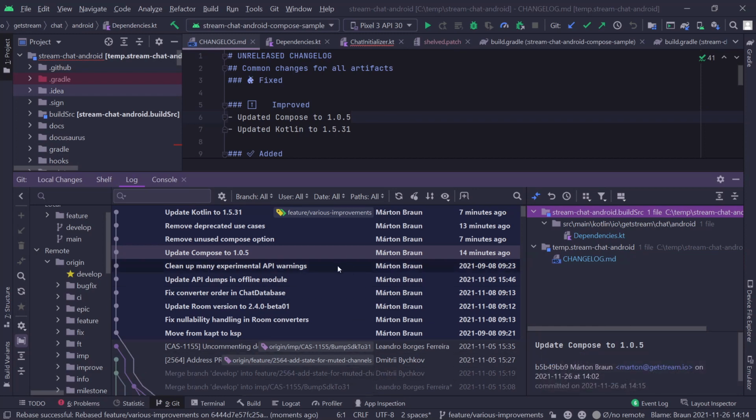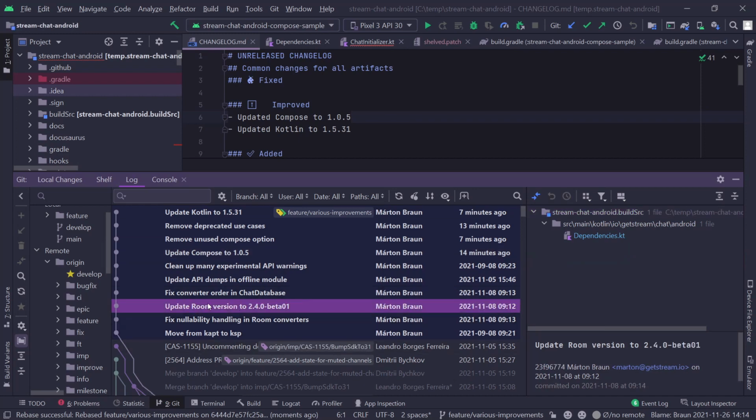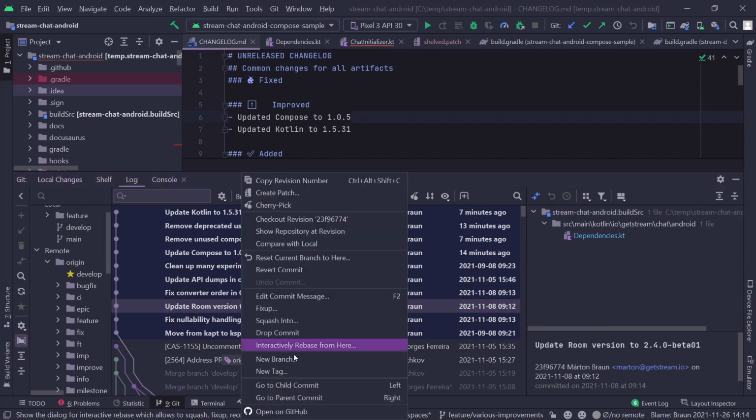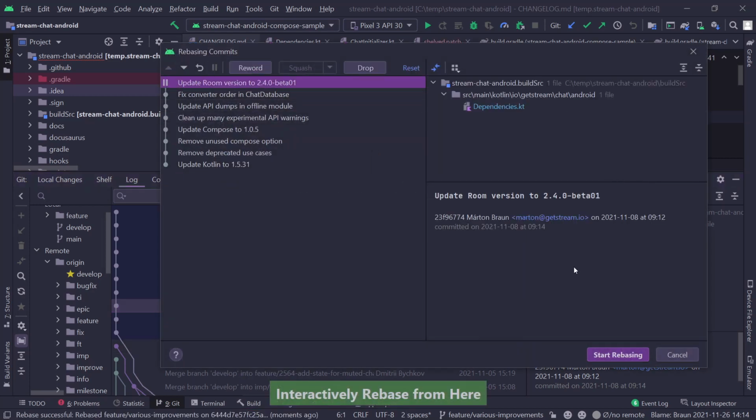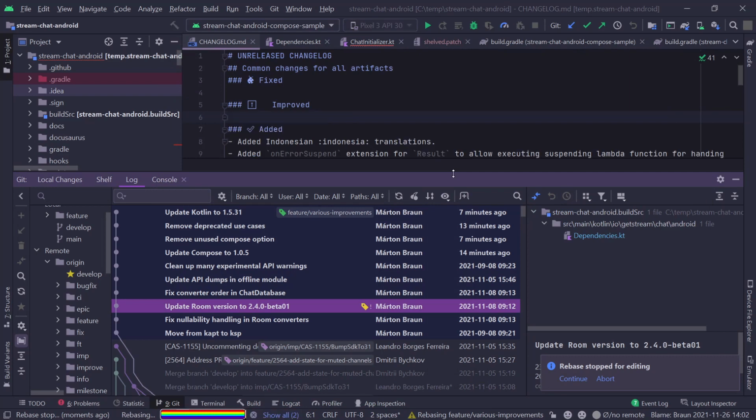I could have also done this right the first time around, as I mentioned. So let's do just one more of these. So we have another version bump here, which is for the room library. And I can do interactive rebase, and I can stop to edit. And if I run that,